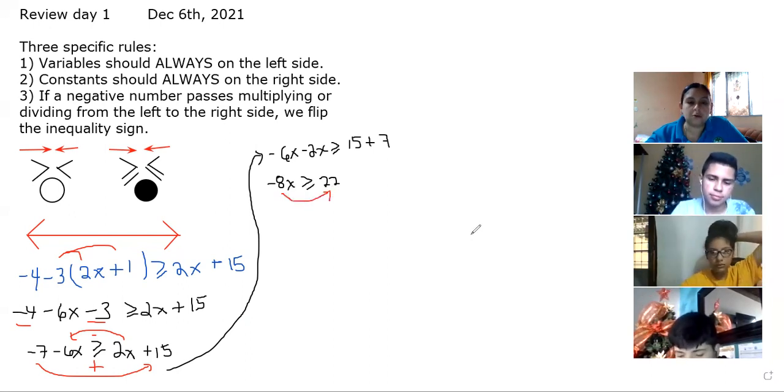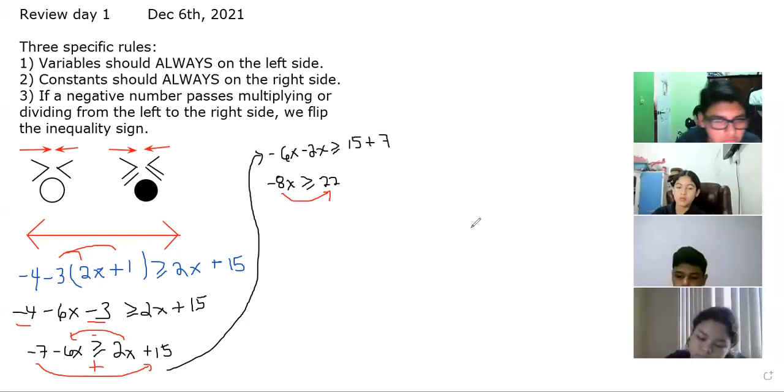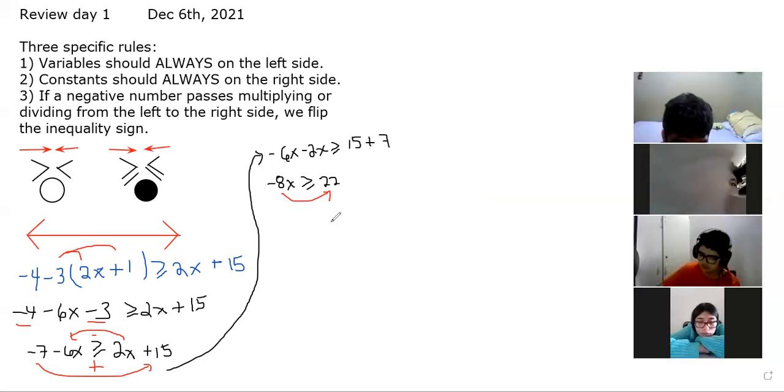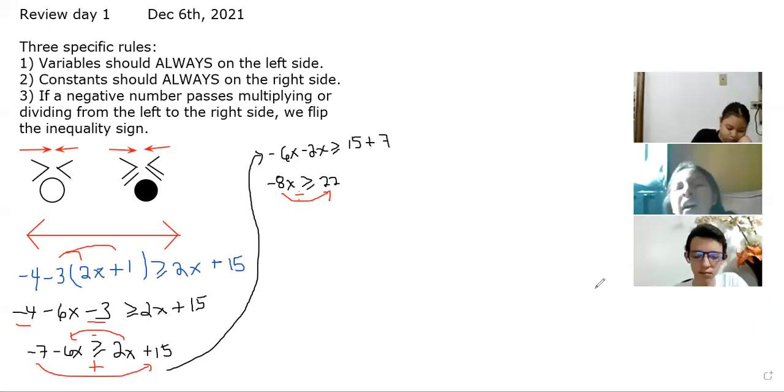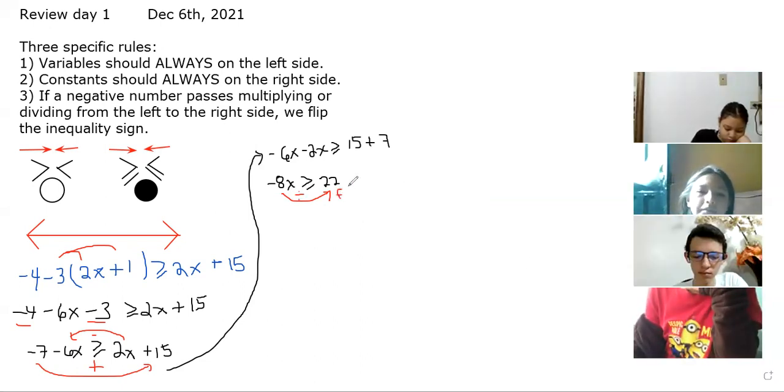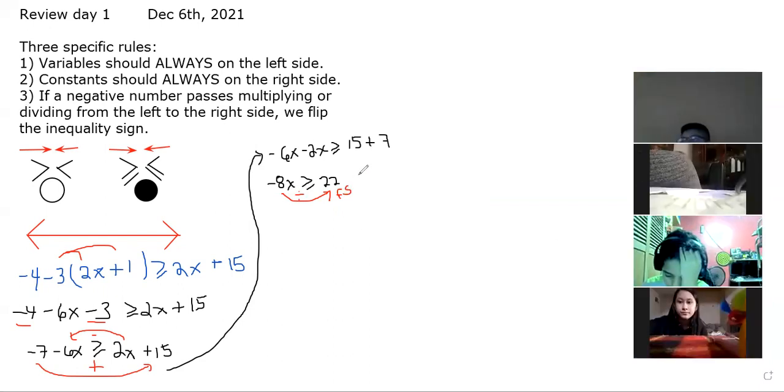So how does that -8 go? Dividing. But what else should I do? Flip the sign, because according to the third rule, if a negative number goes dividing, we flip the sign or we reverse the sign. So we're going to flip that sign. We're going to have now that x is no longer greater than, it's going to be less than or equal to 22